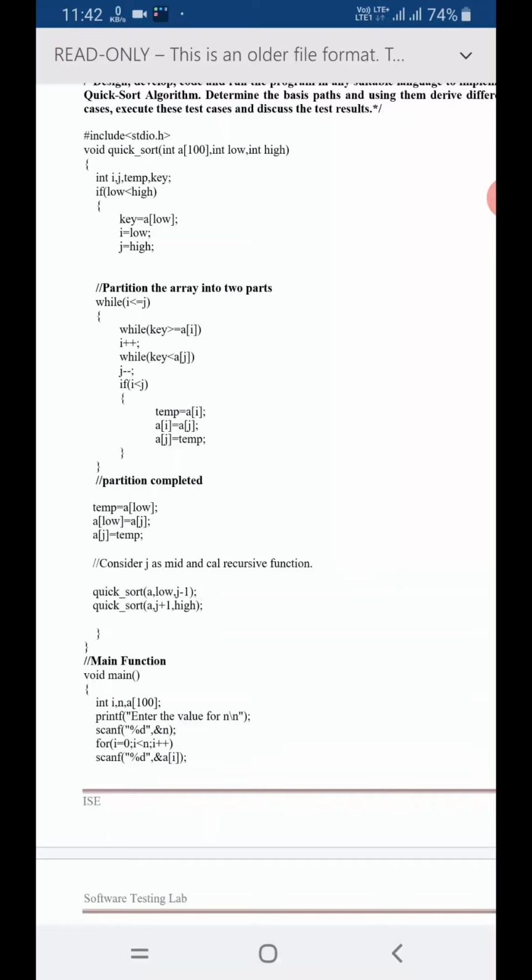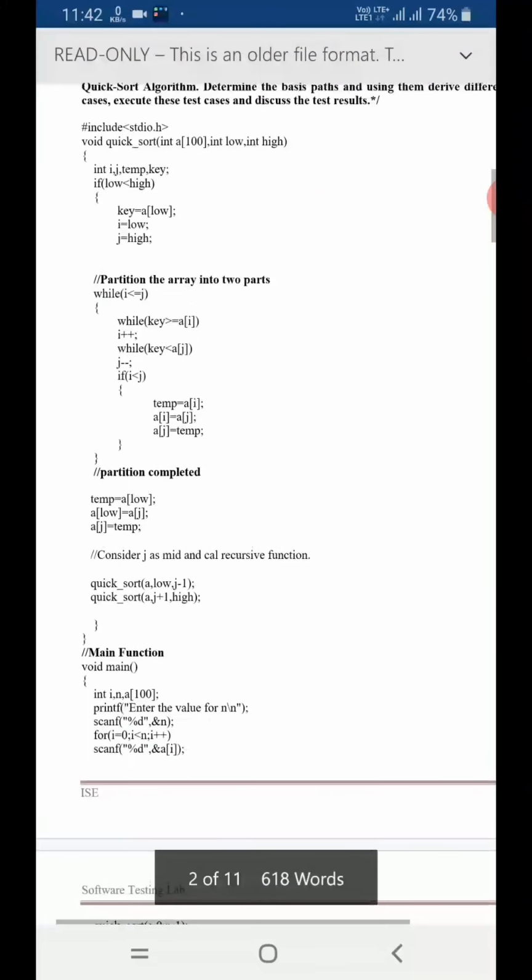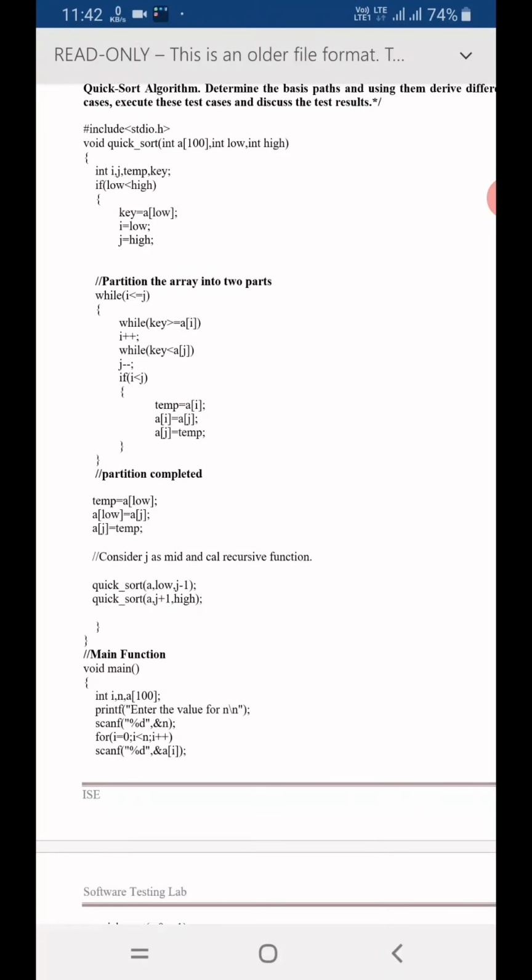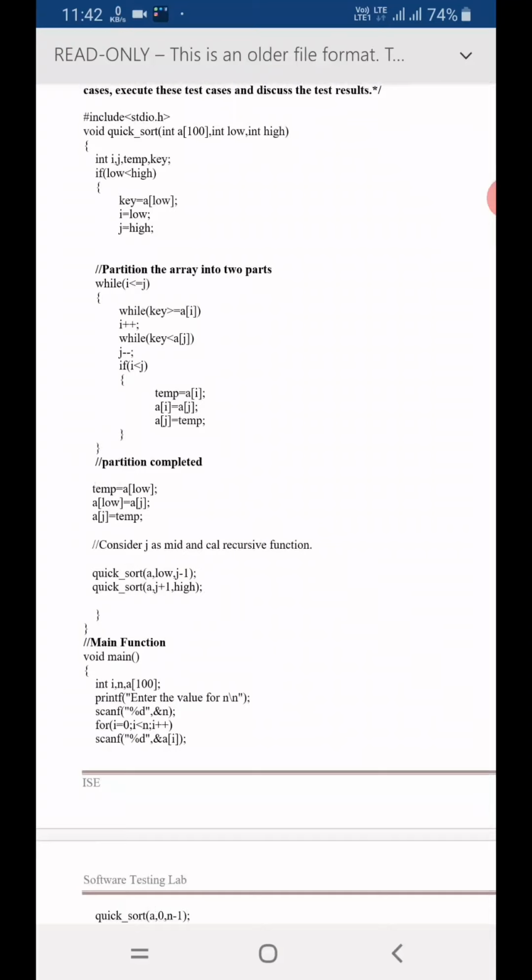Again, I'm going to go for the next iteration. In this iteration, I will take another number as a pivot number, and again I'm going to find the right position for that pivot number. So in this way I will follow different iterations according to the number of elements which I already stored in an array. I find each right position for a pivot number. Of course at last my array is sorted, each element in its right position, so that the array is completely sorted in ascending order. This is the approach of quicksort.